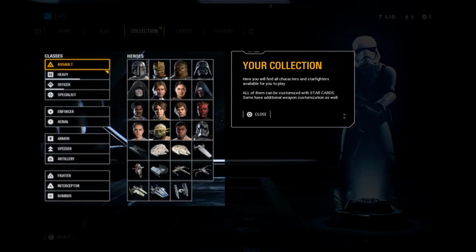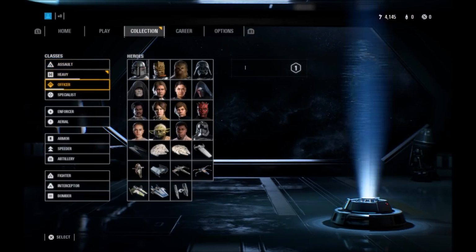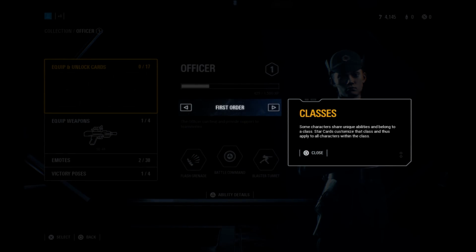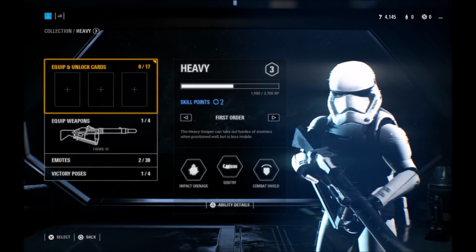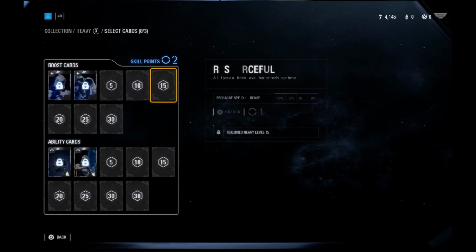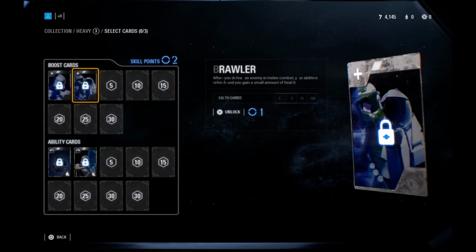Moving into your collection screens on the main menu, where you unlock new star cards, you will see when you click on the unit you want to upgrade, star cards are now locked behind a level gate, which you will need to reach before being able to spend a skill point to unlock or upgrade it. For example, if we're talking about the assault class, the improved thermal detonator may be behind a lower level gate,